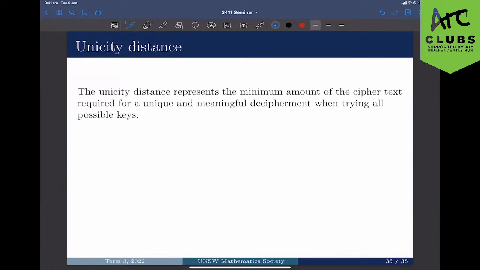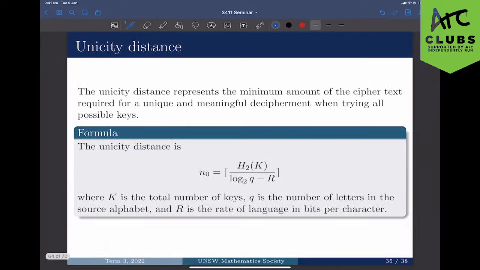And obviously, if you have hundreds and hundreds of symbols, that's going to be easier. And if you only have 5 symbols to work off, that's impossible. So unicity distance represents the theoretical minimum amount of the ciphertext you need. And it's given by this formula,